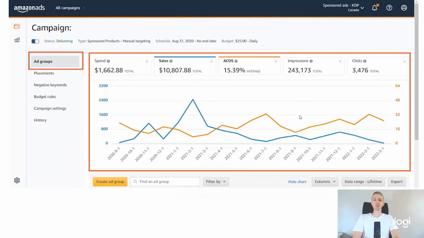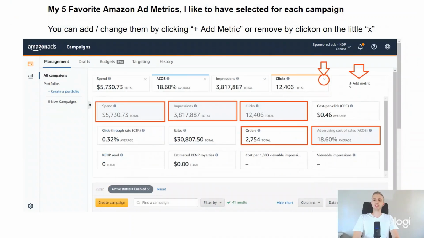Alright, so when you first get into your campaign, you're going to see all the basic metrics for your campaign, and you can see if it's going up or down. You can actually control what metrics you can see. As you can see here, there's 5 different boxes, and you can unselect them by clicking on the X's and choose different ones. So as you can see, once you click on an X, a new button comes available where it says Add Metric, and it will show you a screen below where you can choose from the 12 different metrics